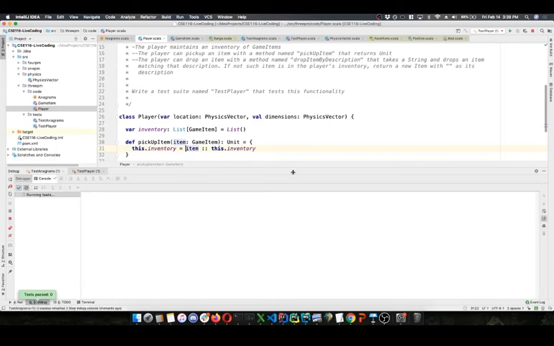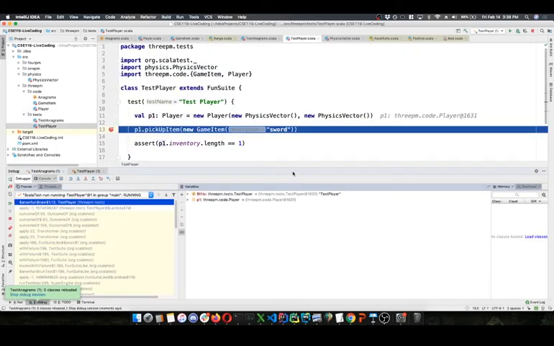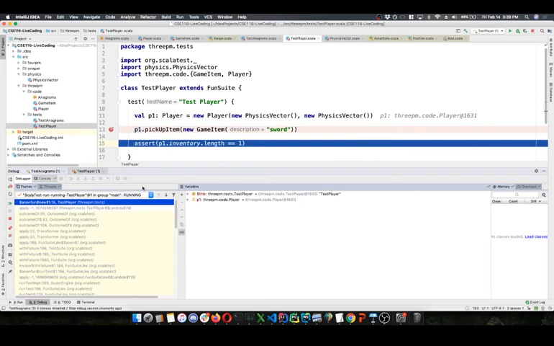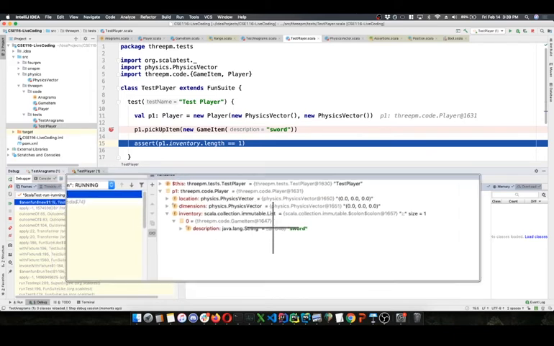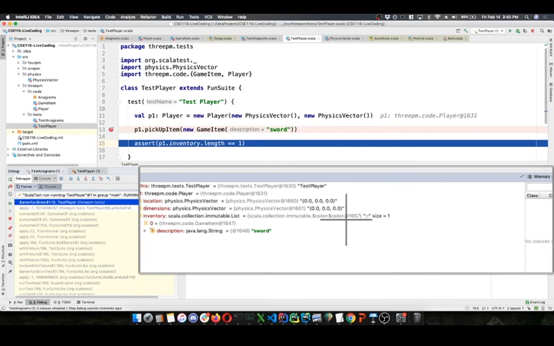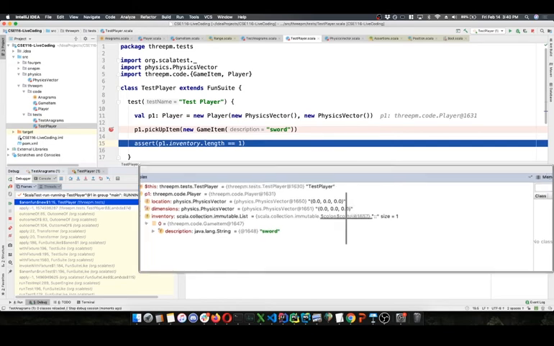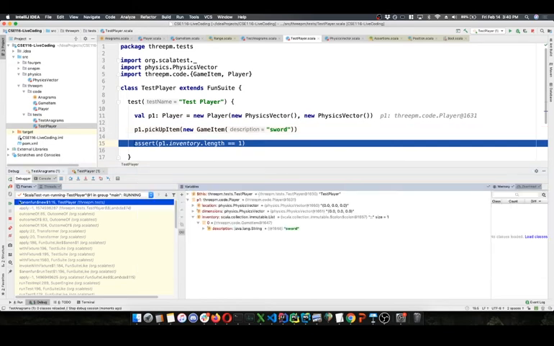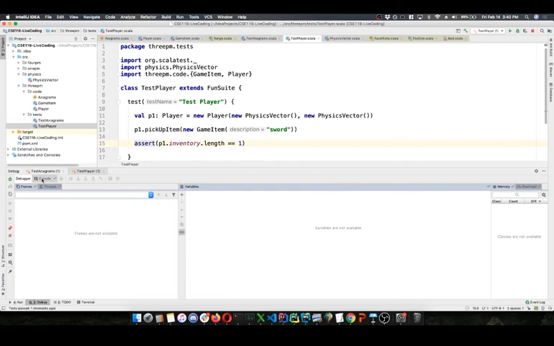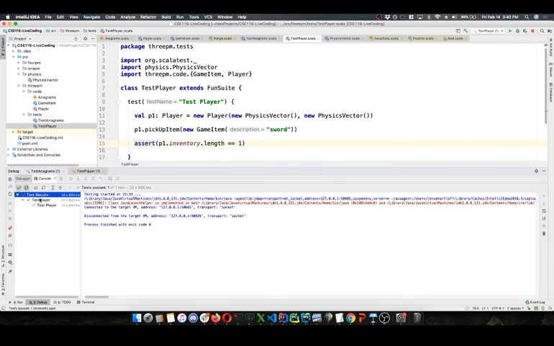And this is specifically because lists are immutable. We can't change a list in Scala unless we use the mutable list, which we're not doing because immutability is a big topic later in the semester. I want to get you used to it. So now when we hit the pickup item method, when we return, we do in fact have that sword in this list. And we have a different list. I didn't check the reference of the empty list, but trust me, it's a different reference than that empty list was in this call. And if we resume this, it's going to run till it hits another breakpoint. There are no breakpoints, so it just runs till it ends. Test passed.